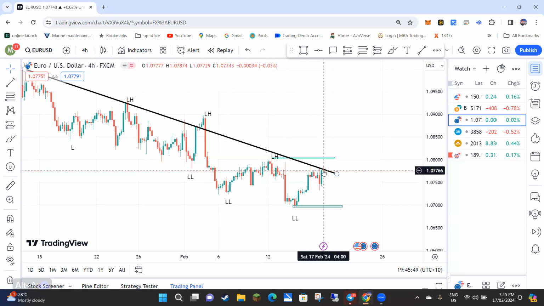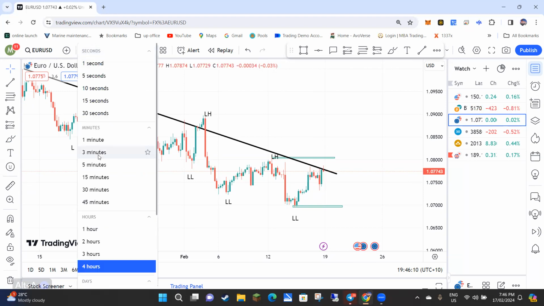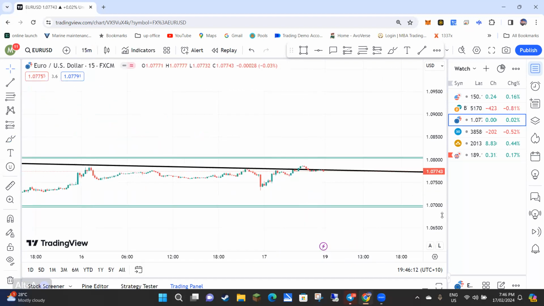What we'd be looking for now is some good indication that the market has reached a high point and is going to start coming down again. You could just stick here on the 4 hour, but that takes 4 hours for every candle to go through, so the 4 hour's not much good. If we come back down to the 15-minute,